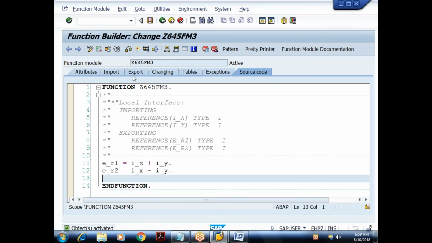Done. I can test the function module here only. So already we know at the time of calling the function module, import becomes export, and export becomes import, reverse. So when I execute this,